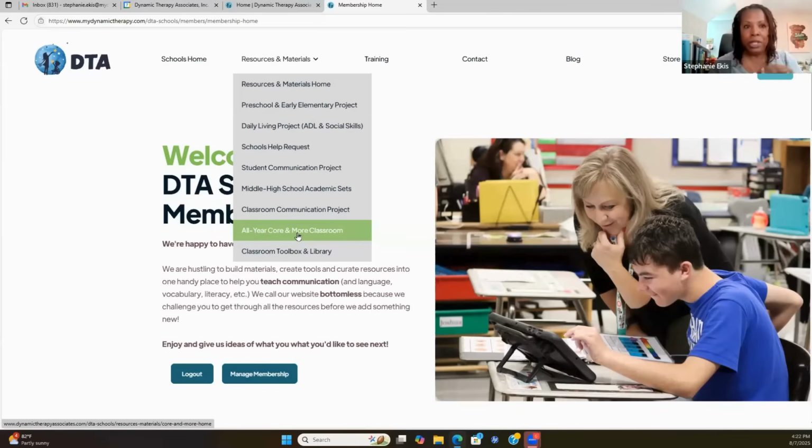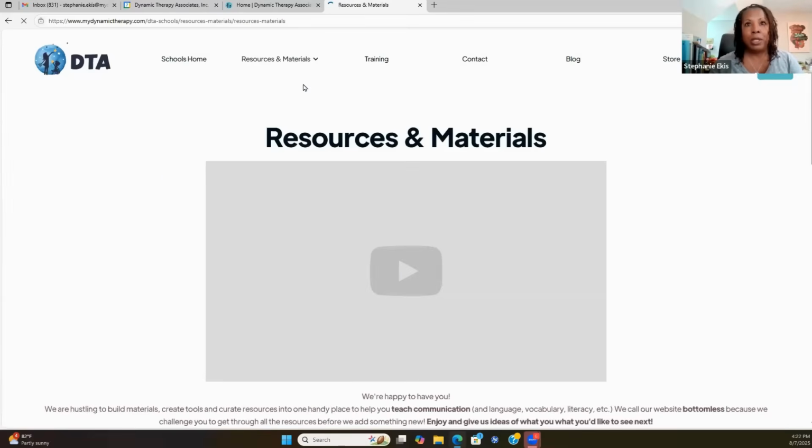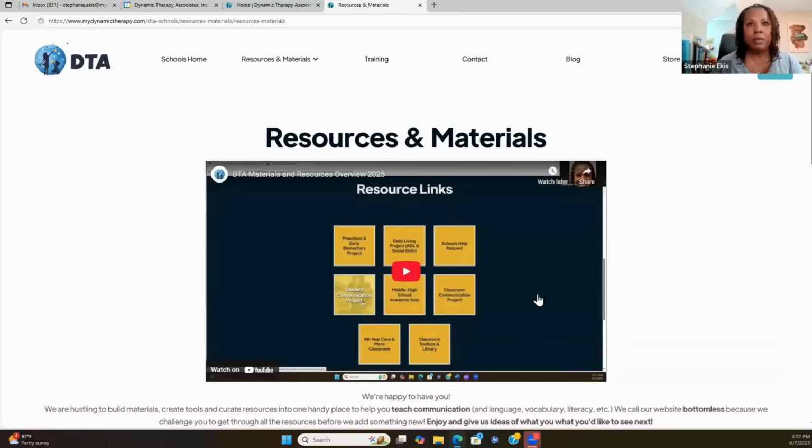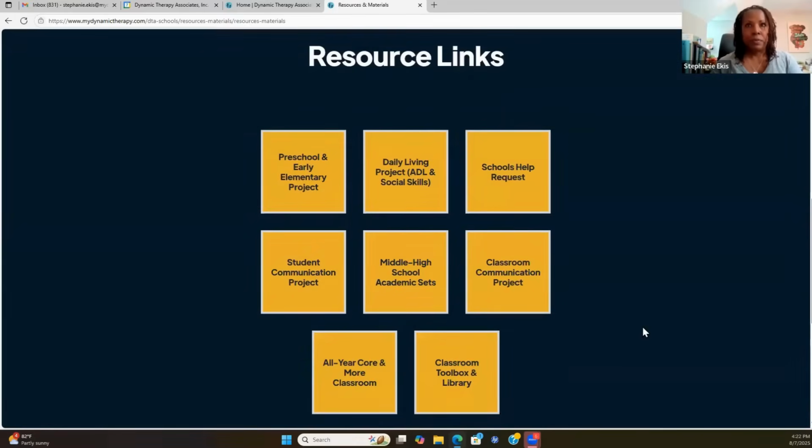So I'm going to walk you through each of these areas, but this is just one way that you can get to everything. I'm going to go to the resources and materials homepage site. So that's there. I'm going to scroll down to my resource links. Okay. Notice that they're organized in different categories. Don't get stuck in a category though. If you're working with middle and high school students,